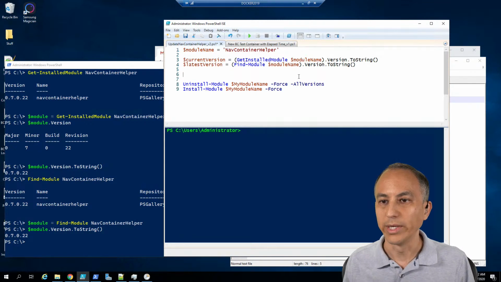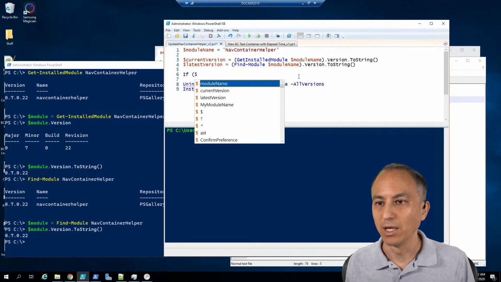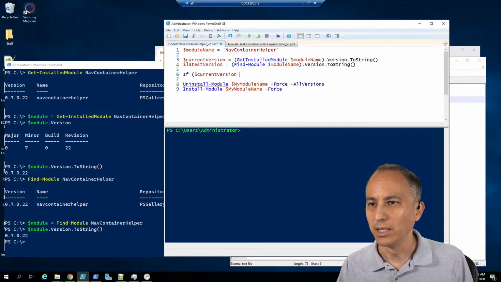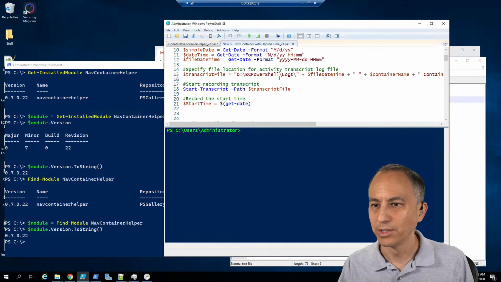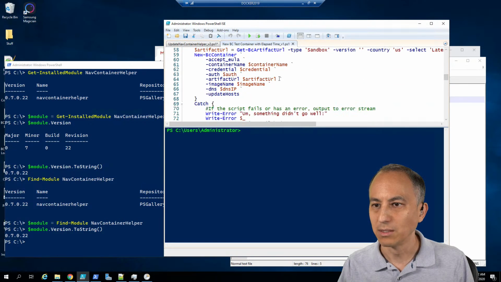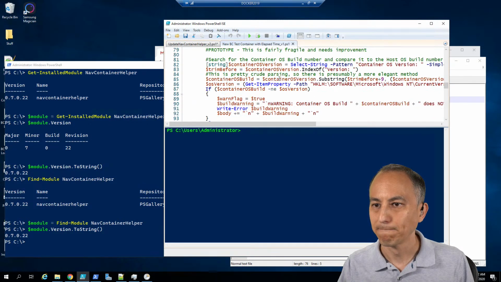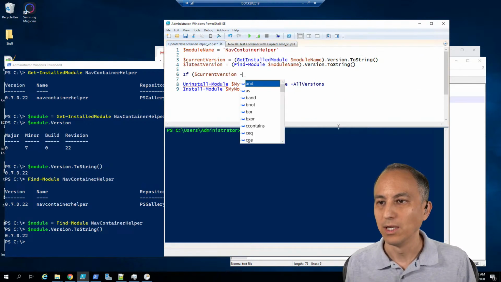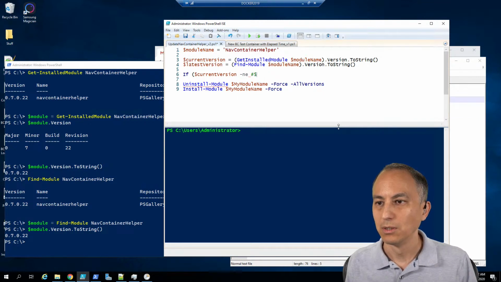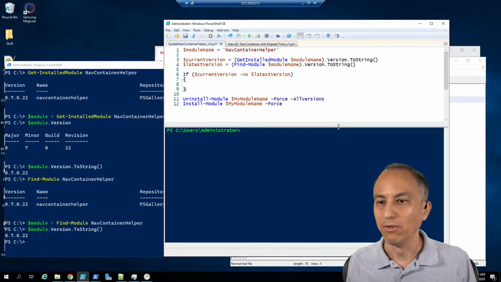and then we can do an if statement. If $currentVersion, and how do you do comparison operators? I have a script here. I think I have an if statement. If, okay, so it's this funky -ne. So if not equal to $latestVersion, then